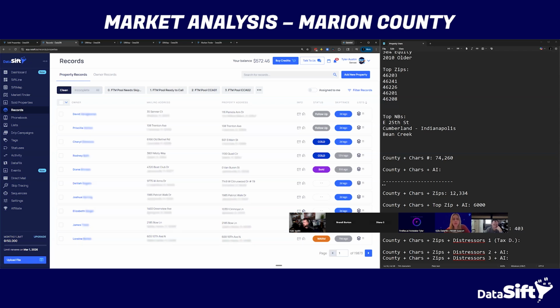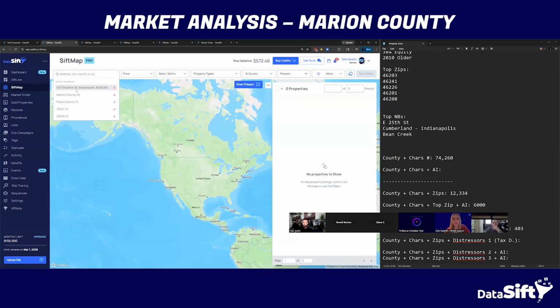Okay, Simon said, hey, Tyler, 2 questions. Do you have a tagging guide for DataSift? What's the best way to pull very specific distressed sellers down to the street level? I mean, to the street level, that's up to you how you want to do that. Obviously, you've got the nationwide map. Let's just use Fort Walton Beach as an example here, because that's where